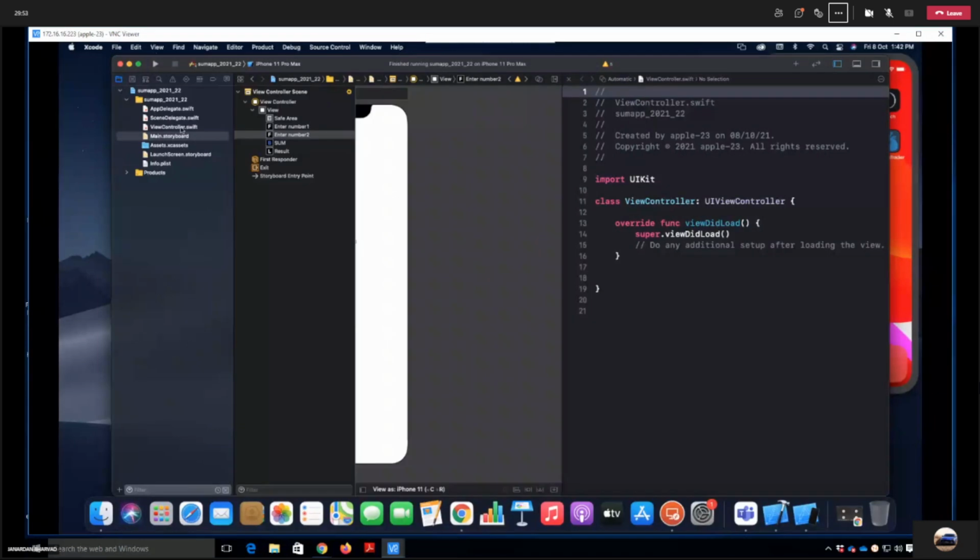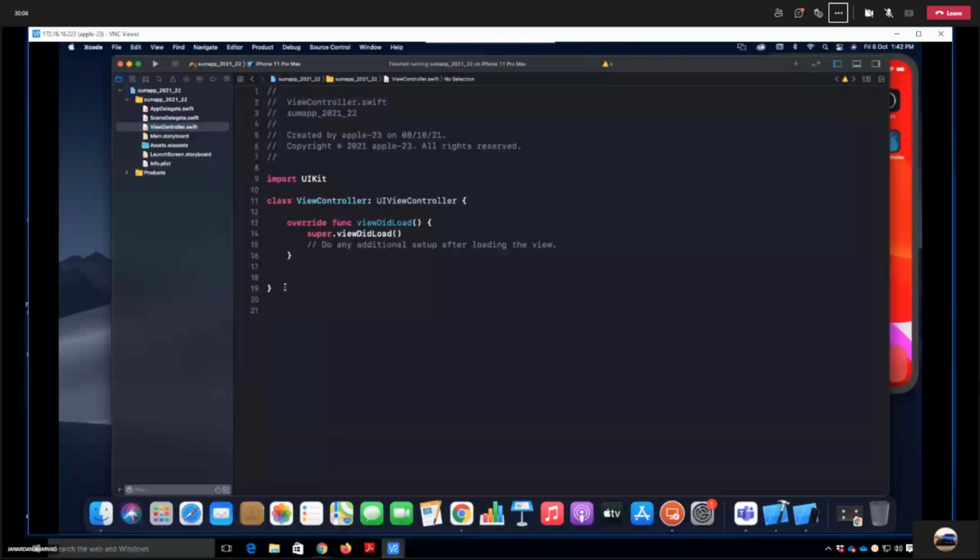ठीक है, अगर आप देखना चाहो तो भी देख सकते हो. व्यू कंट्रोलर पर अगर आप क्लिक करोगे, then you will find the default code. ठीक है, let's wait, it's loading. So you can see here, this is the default code available in your view controller.swift file. So this is your framework, this is your class, this is the super class, this is the method which will be called first whenever you run your application. And as this function is already available, we are overriding it, and we are also calling the super class function, which is viewDidLoad.